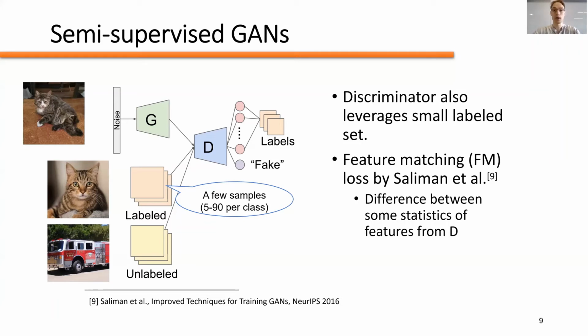Now, on the other hand, the discriminator must now learn to perform two functions. First, it must learn to classify the labeled data with high accuracy. And second, it must learn robust features that allow it to separate the real unlabeled data from the fake data produced by the generator. The point of this is that the discriminator will learn how to extract features of the unlabeled data from the unlabeled data because it needs them to distinguish between real and fake samples. So in this way, the unlabeled and generated samples are used to bootstrap the feature learning process, allowing the model to learn robust features to classify labeled data.